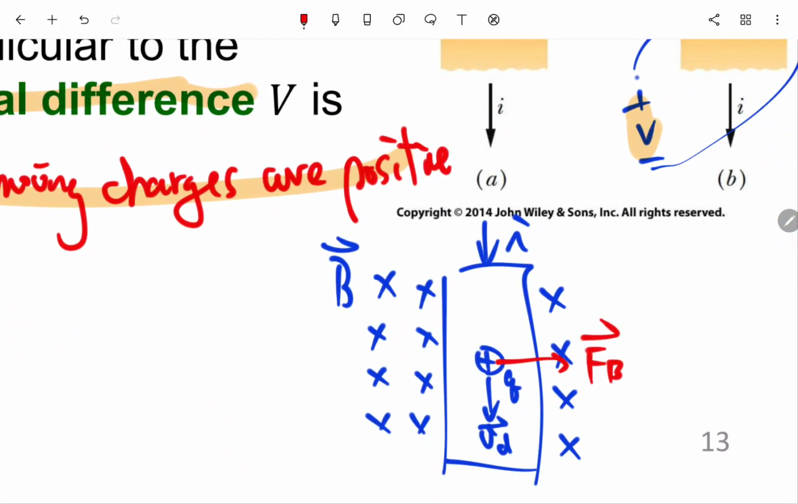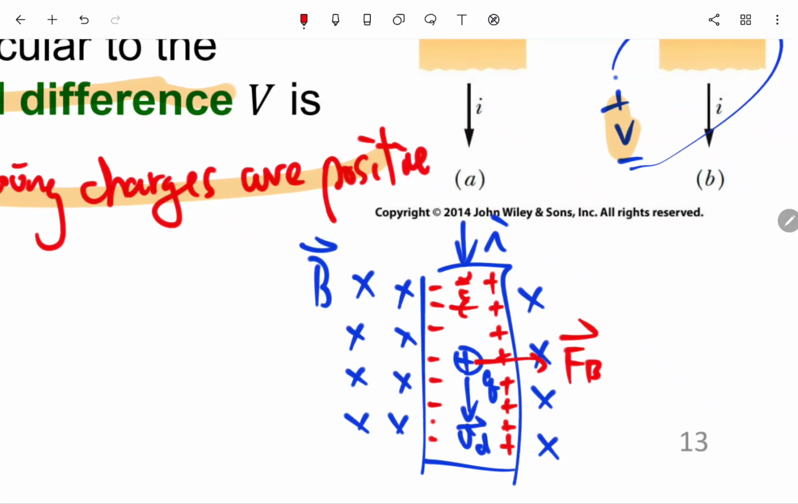So in this case, positive charge starts to accumulate on the right side, and there should be negative charge on the other side. In that case, of course, we should have an E field pointing to the right side, pushing the positive charge back. But actually, based on the experiment,